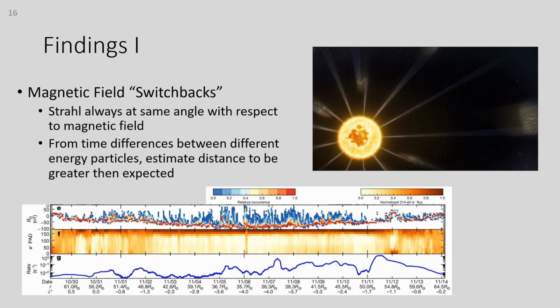So in the second plot below that, what you can see is the angle these electrons make with respect to the field lines. So you can see the top of the plot is very dark, which means that there's a high amount of electrons at that angle. And if the magnetic field lines were switching,